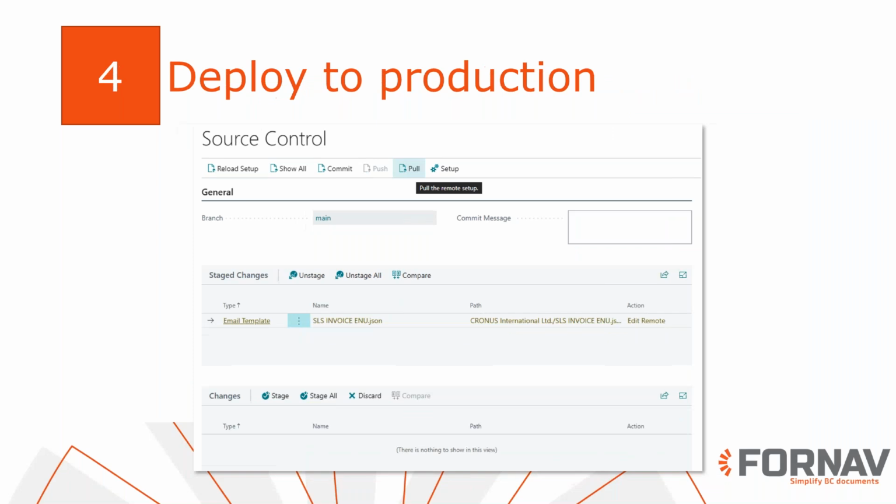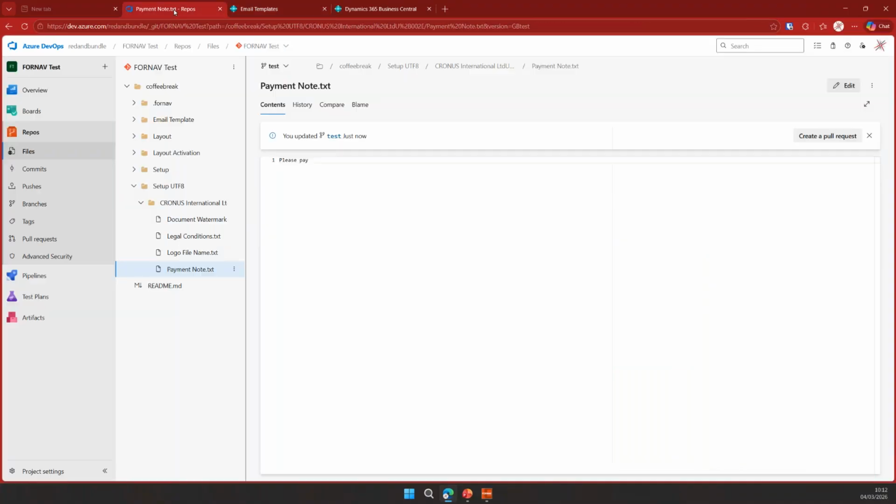Finally, we are ready to deploy our setup to production. And to do that, we need to create a pull request to merge our changes to the main branch, and then we can set up and pull from source control in our production database. So we go back to